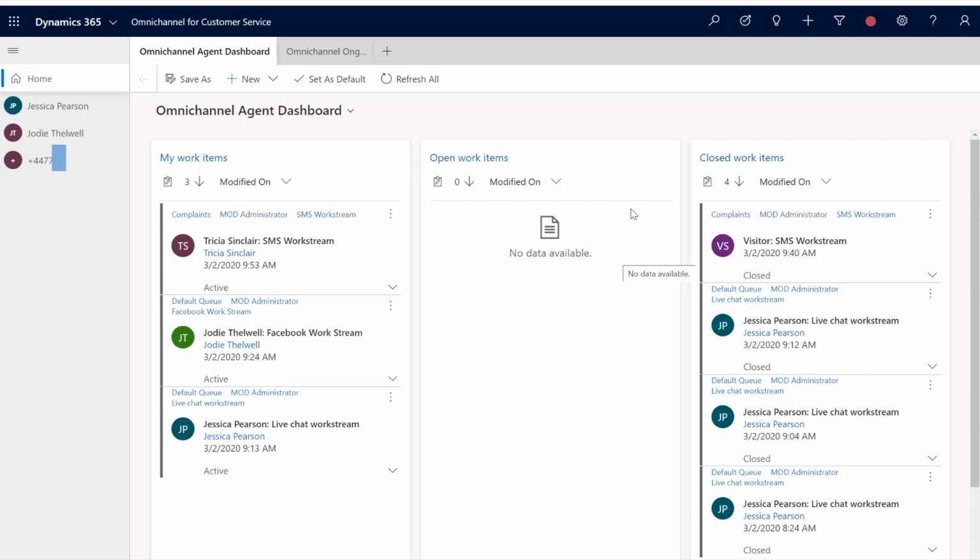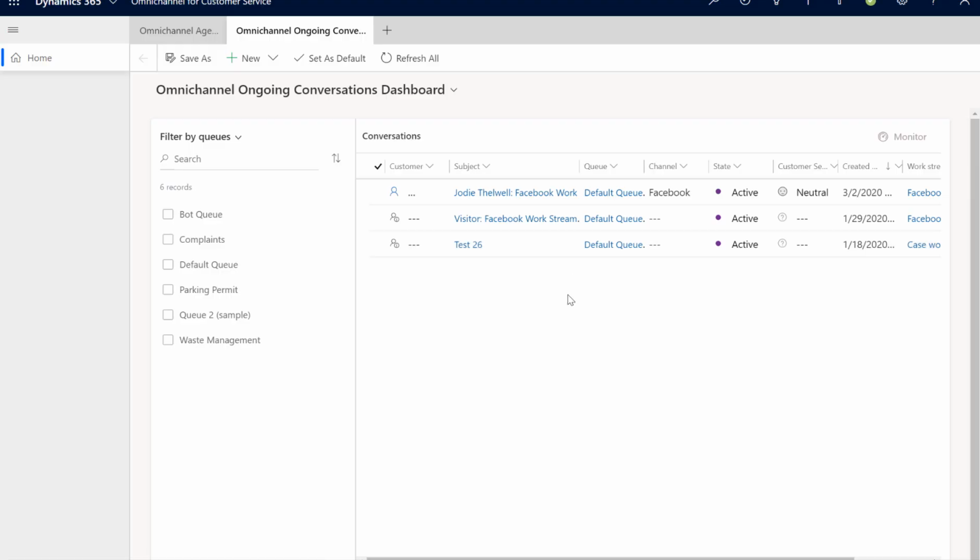So what does the actual experience look like for the supervisor? Well, the supervisor has access to the ongoing conversation dashboard that will show the list of conversations that are currently ongoing.